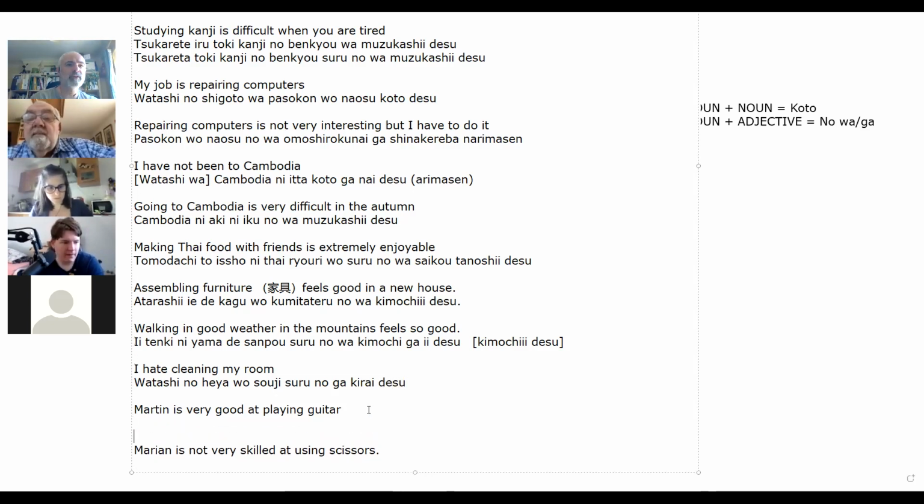Good. Jock. Martin is very good at playing guitar. Martin-san ga gitaa o hiku no koto ga... This is an adjective though, isn't it? So, no wa, no. No ga. Ga? 上手です。上手です。大変上手です。Yeah, 大変上手です。